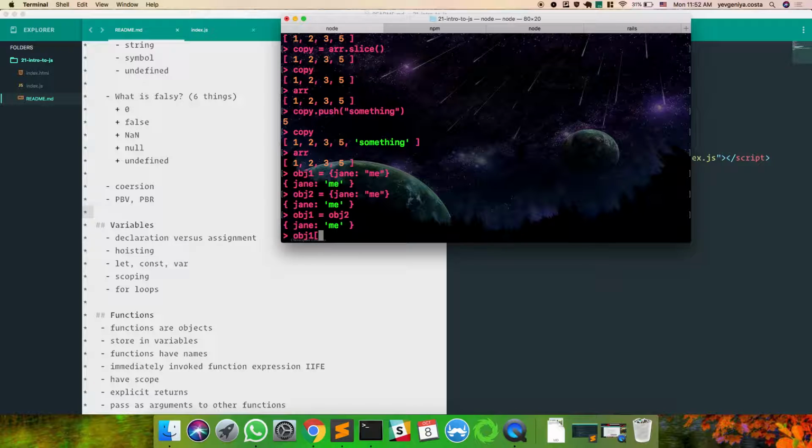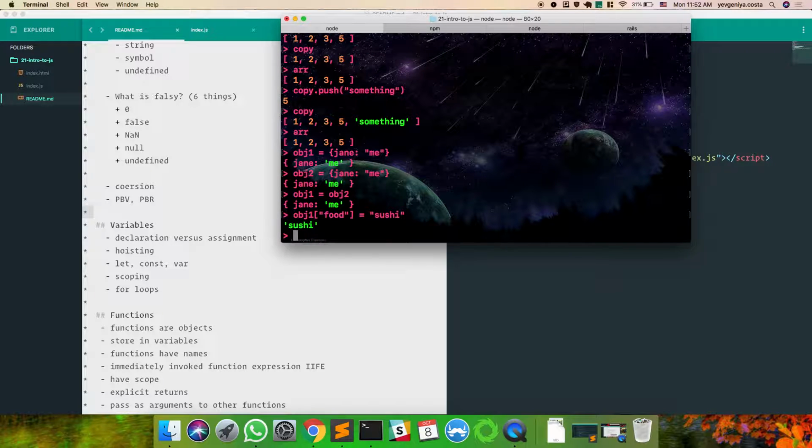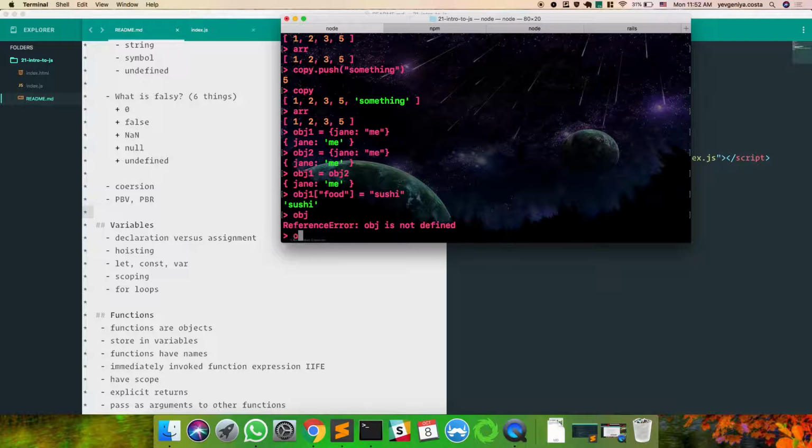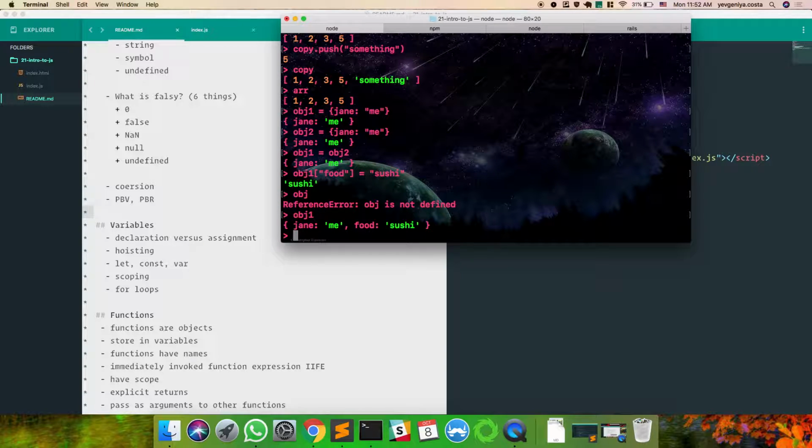Bracket? Then what? Okay, I'll put food. I like food, you know. I'm a big foodie. So I'll put sushi. I like sushi. So now obj1 has that extra thing. Does obj2 have it?